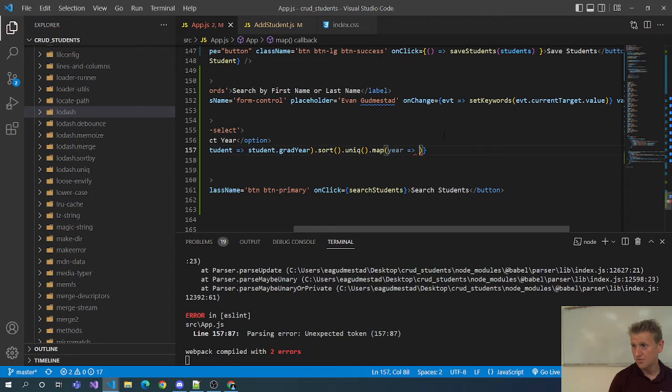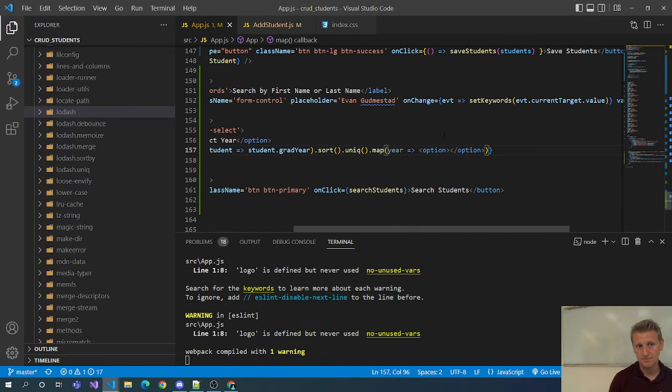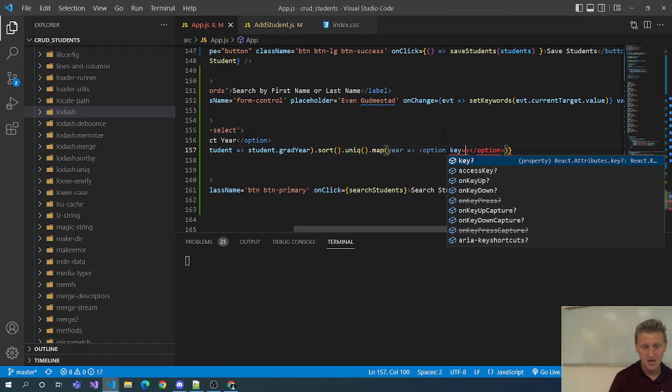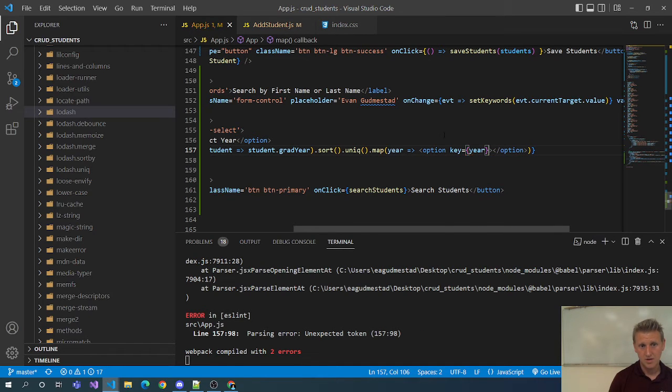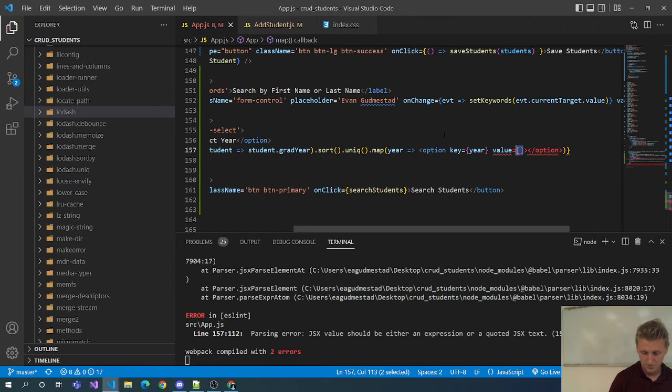And so for each year, we're going to return an option. And in that option, we're going to have the key, year, value, year,